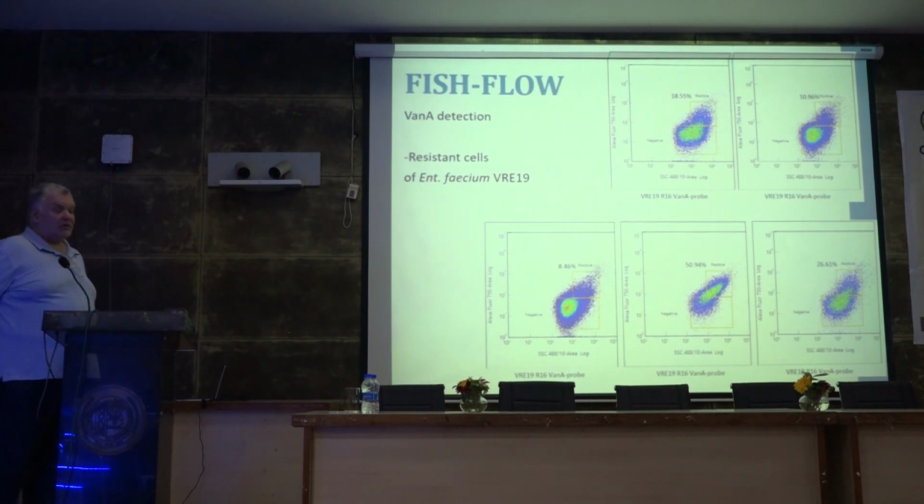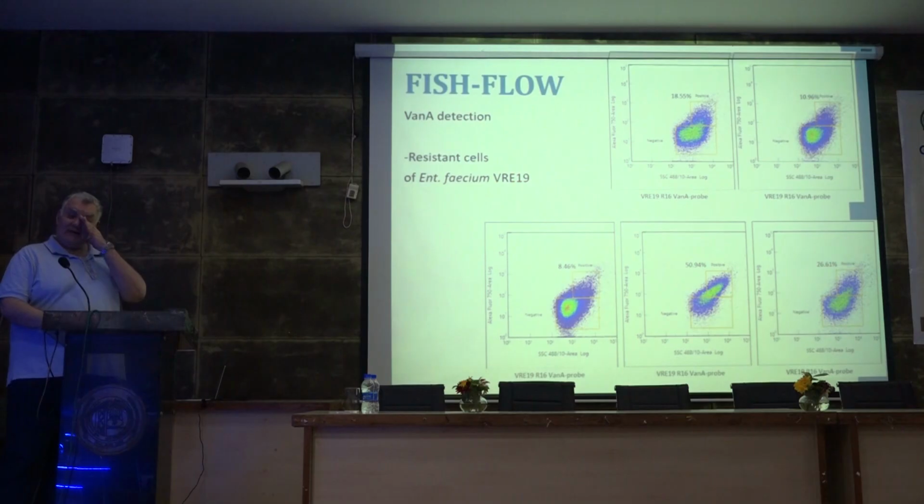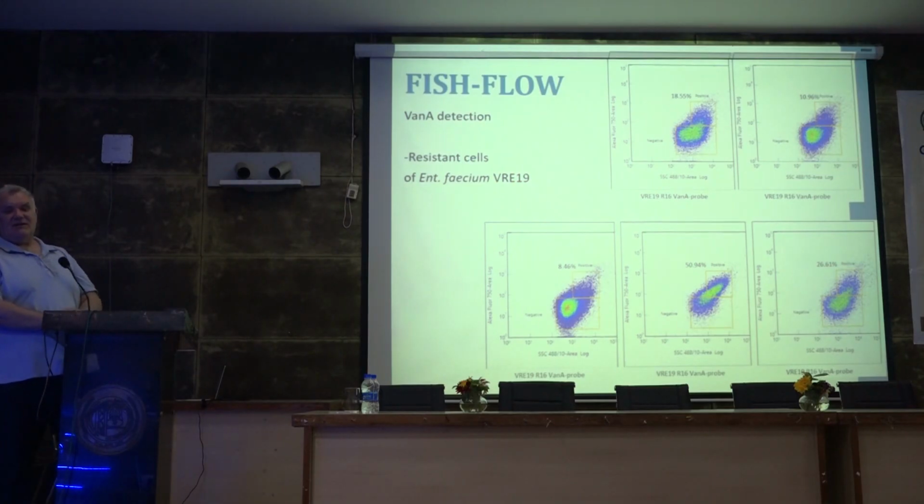If you do FISH flow, you can take a total sample, you have the probe that you already validated, it recognizes the vancomycin gene, makes contact, gives the fluorescence, and by flow cytometry you can analyze and say, yes, our sample is carrying vancomycin resistant genes. And obviously you're not supposed to use vancomycin for treatment of these patients. So we went even further. We developed the probes for the